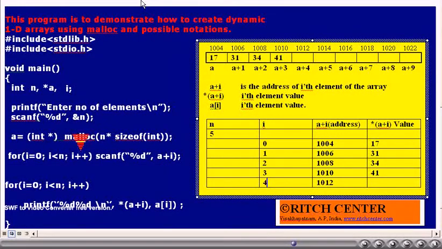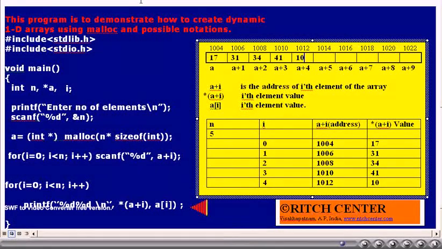I value will be incremented by 1. Is I less than n? Yes. This time we assume that the user has entered 10. This value 10 will be stored in address 1012. That is, the fifth element value of the array becomes 10.